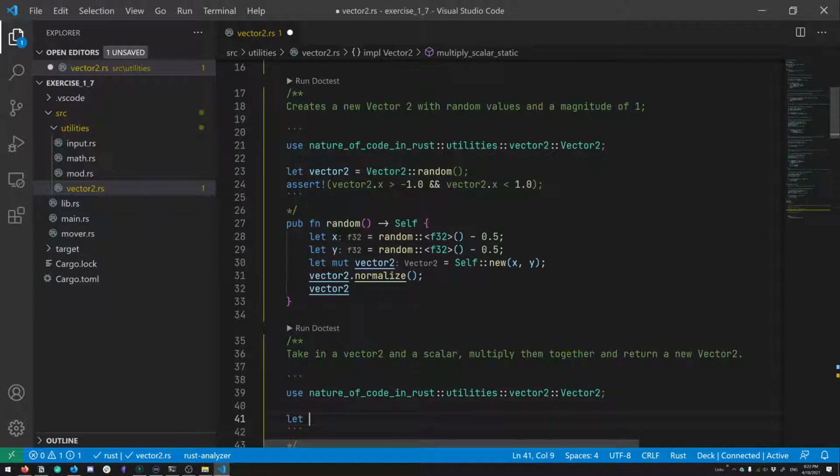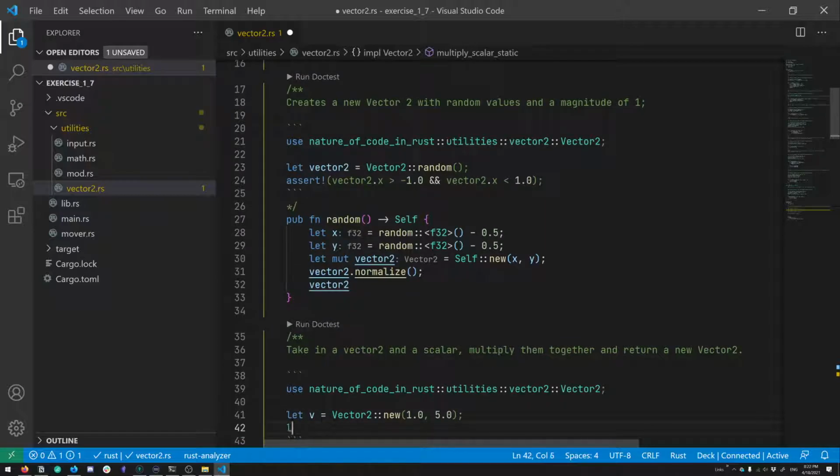And let's create a little scenario here. So we could just set v equals new vector2. We're going to set it to 1.0, 5.0. And then we want to have u by multiplying it by 2. Okay, so then we want u equals v